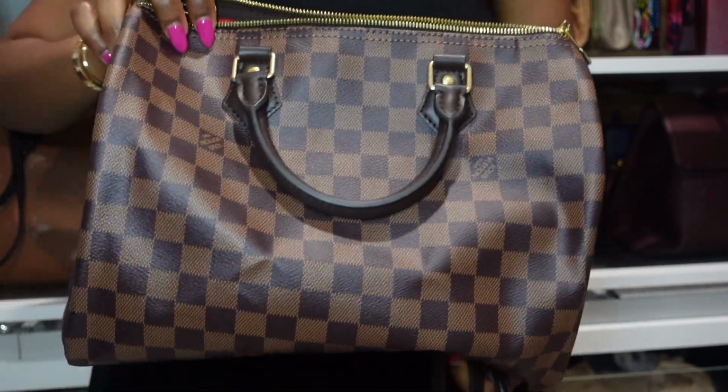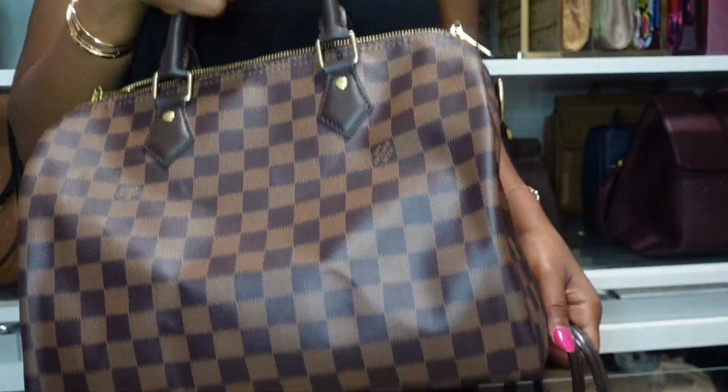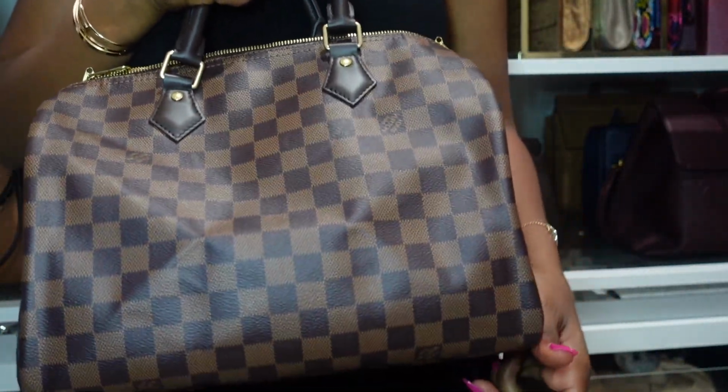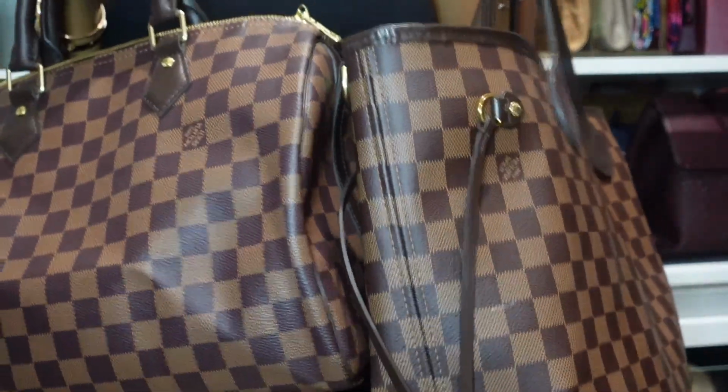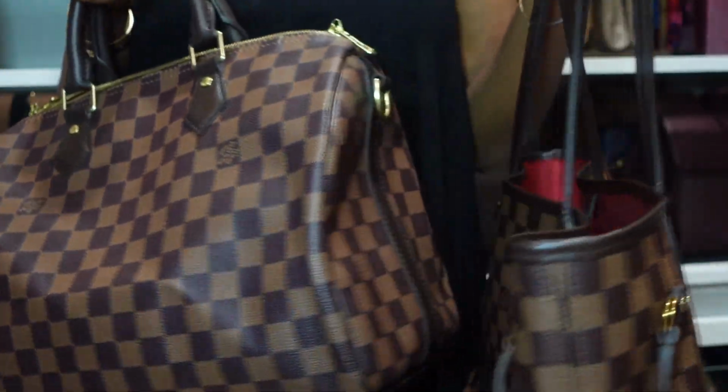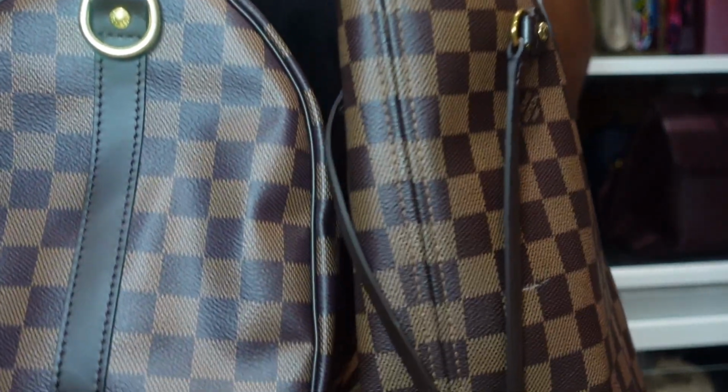The first bags I would suggest would be the Neverfull or the Speedy bag from Louis Vuitton. I have the Speedy Bandoulière 30 and the Neverfull in size MM. These two purses are definitely very practical,